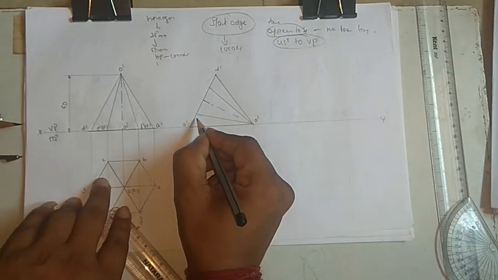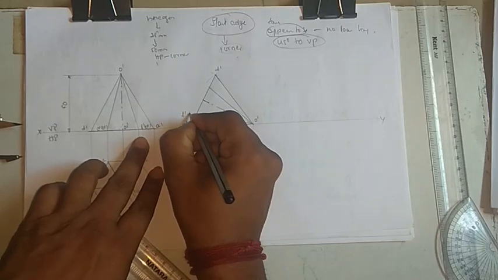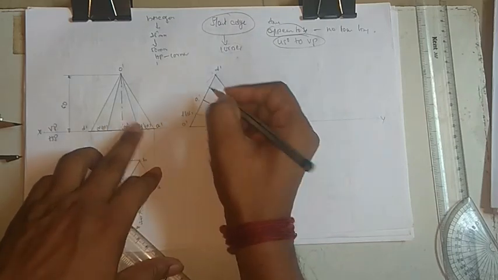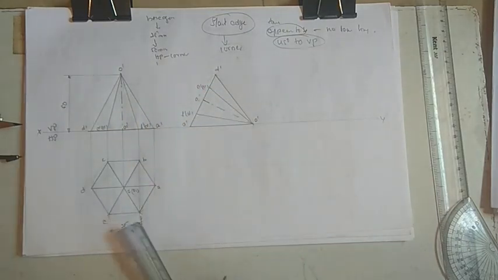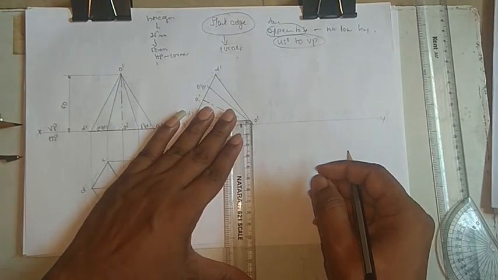So this is A dash, F dash, B dash, O1 dash, E dash, C dash, and D dash. Now to drop the projection,